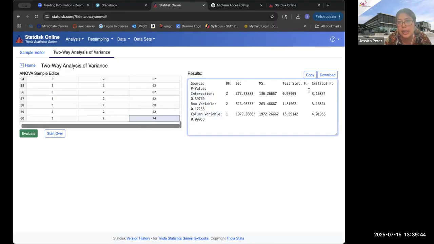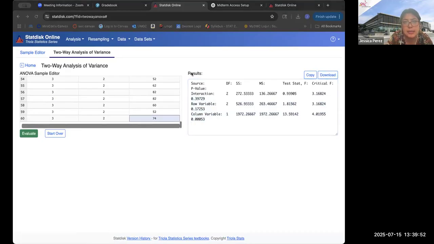So I'm going to look at the p-value for each individually. I'm just going to hit download. I'm going to download my results from StatDiff, and I'm going to open them. So I'm looking here at the interaction. I'm looking at the p-value of each. So if I look at the interaction, my interaction is